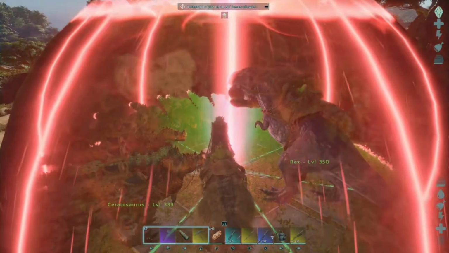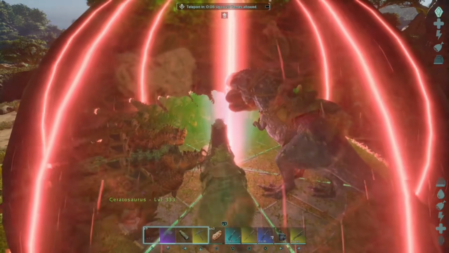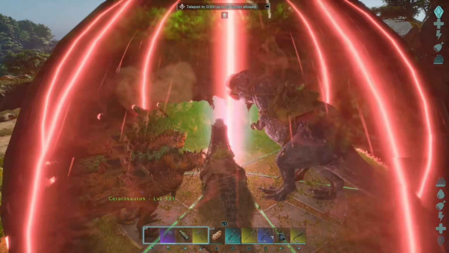Hello everyone, in today's video we'll be taking on the 3 alpha bosses on the island. We're going to be starting off with the Broodmother, and then we'll be tackling the Monkey Man and then the Dragon. Now I do believe the Monkey Man is significantly easier than the Broodmother, so we should technically be doing